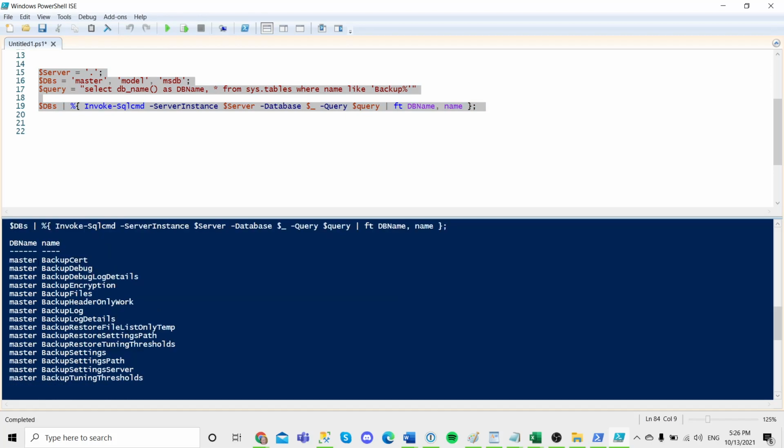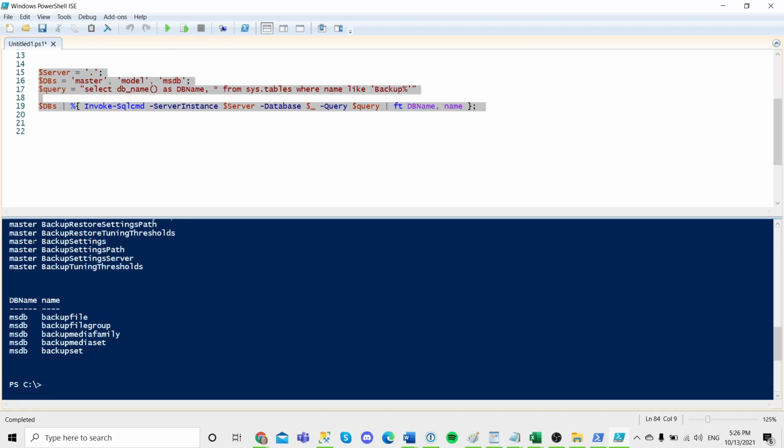and sure enough, it has gone in and said, oh, okay, you were looking for things called backup in master, got those. Things called backup in MSDB, got those. There's apparently nothing like that in model, which is good. You can start to see how this would get really exponentially awesome because, well, I mean, you can do the exact same thing. If I had access to several servers, server 1, server 2, and so forth and so on,